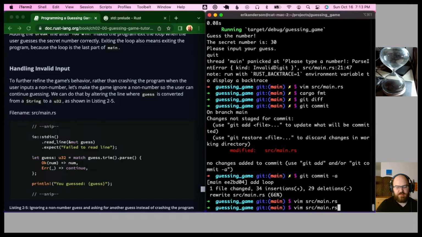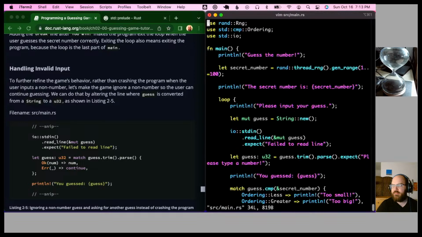We'll go back to this. Let guess: u32 equal match guess.trim().parse(), and then in place of the .expect, we have